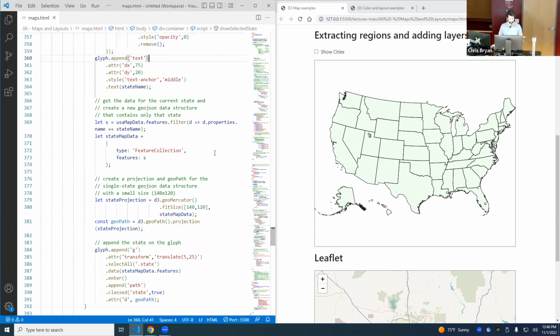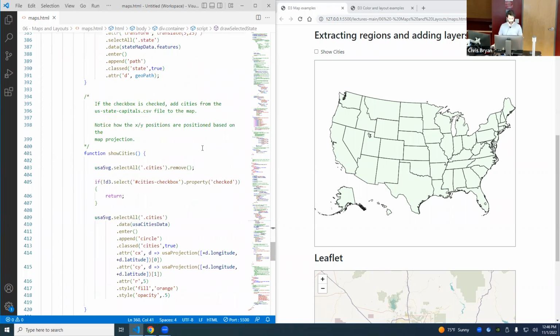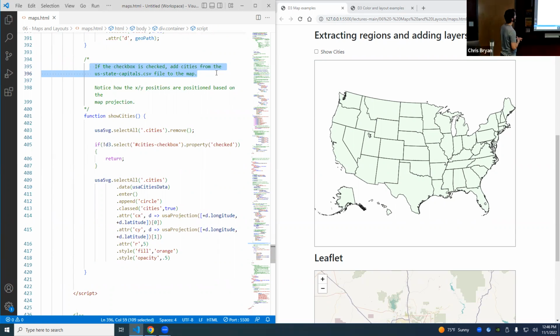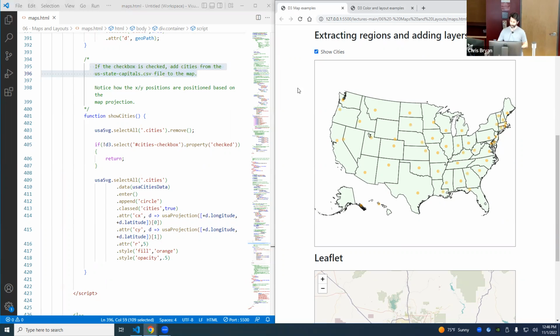Okay, last thing for this example, if the checkbox is checked, add cities from our state capital CSV file to the map. Notice how the XY positions are positioned based on the map projection. Okay, so if I click Show Cities,